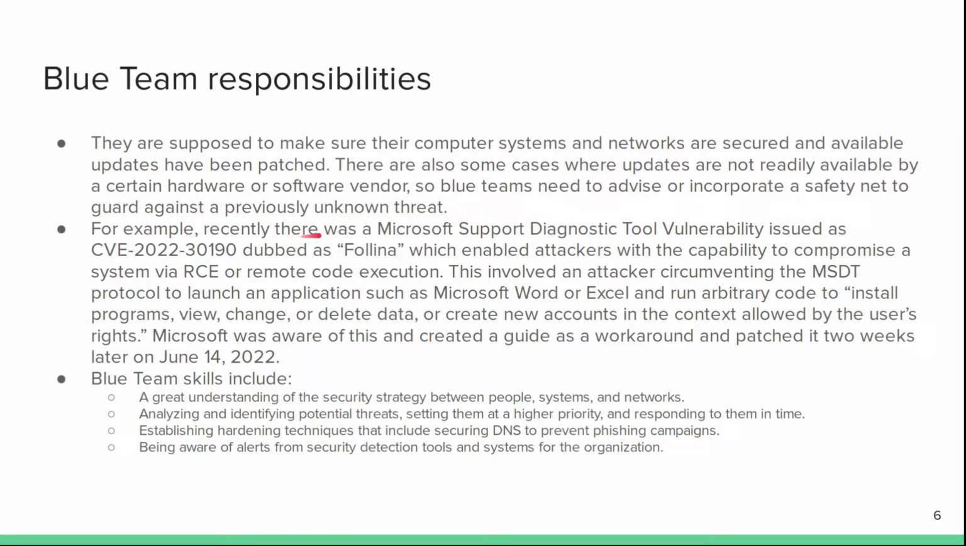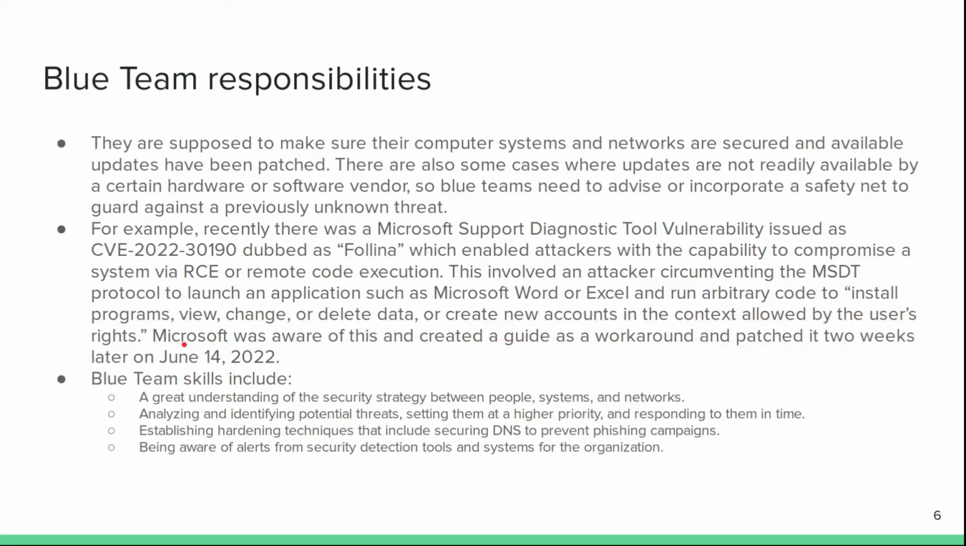For example, recently there was a Microsoft support diagnostic tool vulnerability issued as CVE-2022-30190, dubbed as Follina, which enabled attackers with the capability to compromise a system via remote code execution or RCE. This involved an attacker circumventing the MSDT protocol to launch an application such as Microsoft Word or Excel and run arbitrary code to install programs, view, change, or delete data, or create new accounts in the context allowed by the